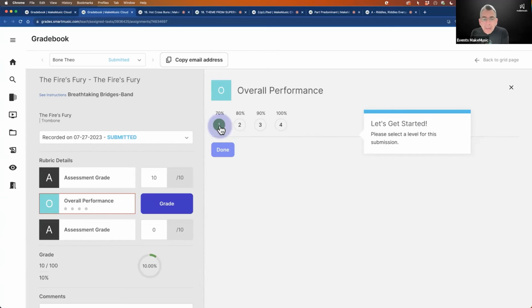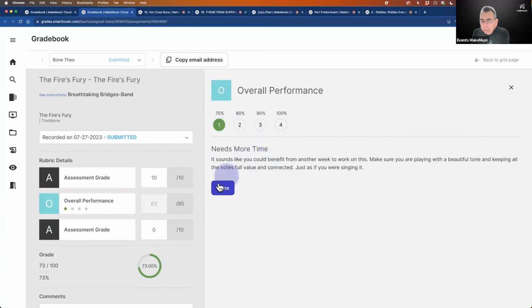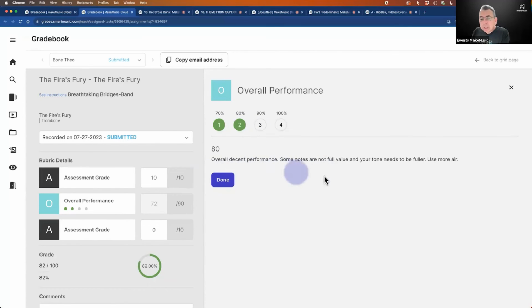So if I do give the student a 1, notice my instructions. It sounds like you could benefit from another week to work on this. So I might as well reassign it instead of giving them the grade. Make sure you are playing with a beautiful tone and keeping all the notes full value and connected, just as if you were singing it. Well, maybe I want them to have that. All right. So if 2, overall decent performance, some notes are not full value and your tone needs to be fuller, use more air. A 90 is